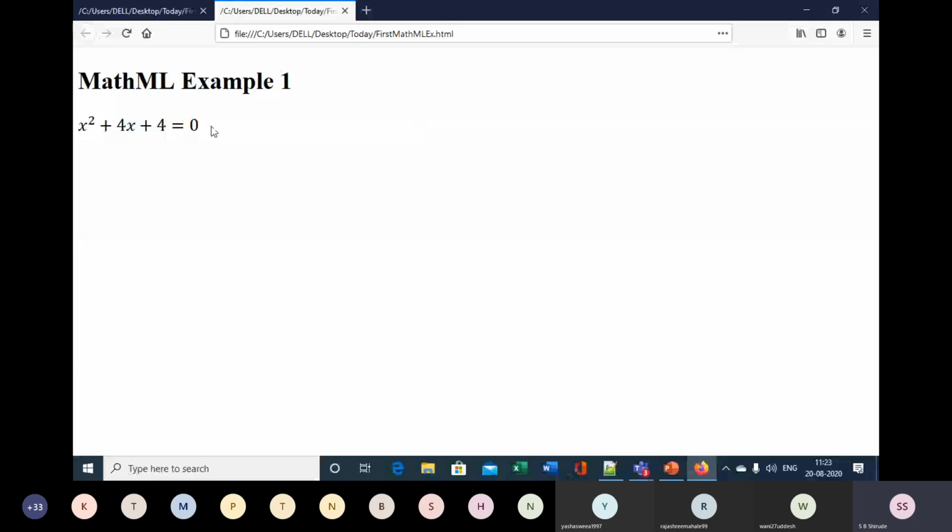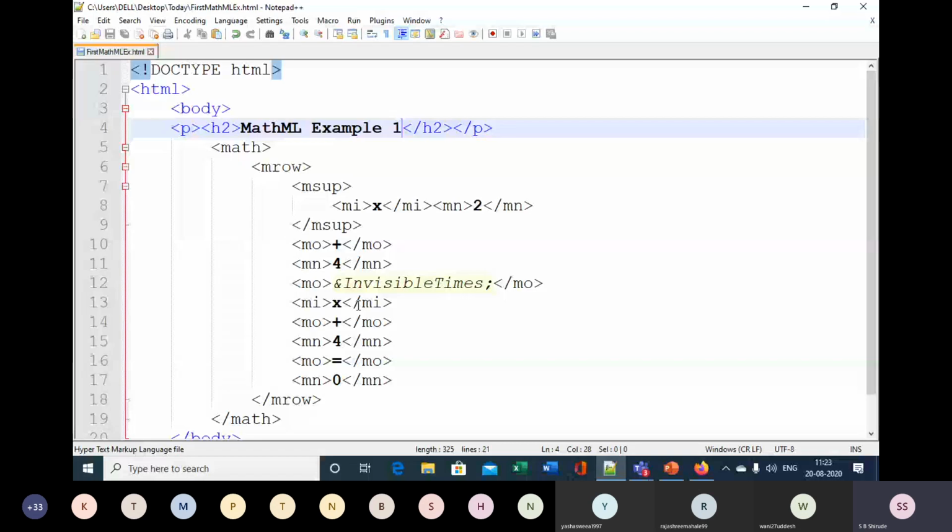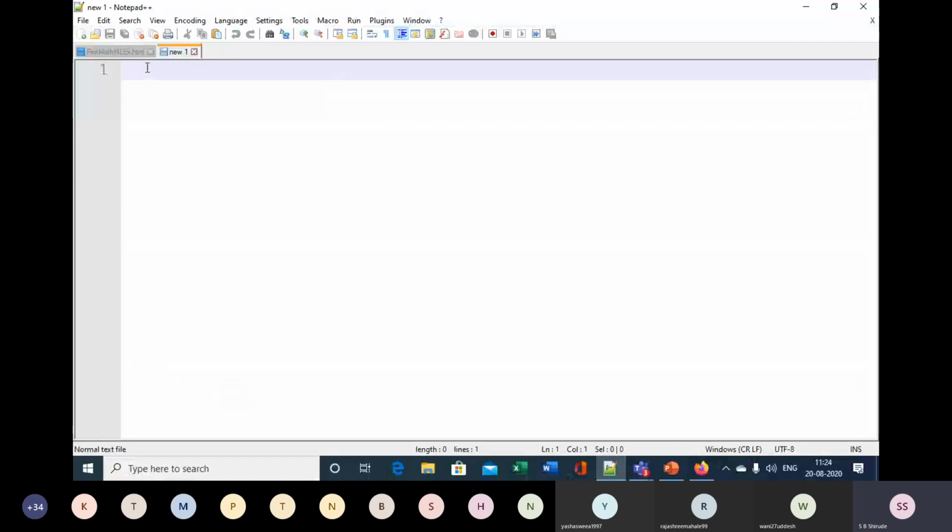Now, next to that, I will demonstrate some more examples. In that, some more elements can be demonstrated to you. And therefore, let me open another notepad instance. In that, we will type square root of 2, then some symbols like the integral symbol and infinity symbol, so that we are going to insert in this particular sample web page.